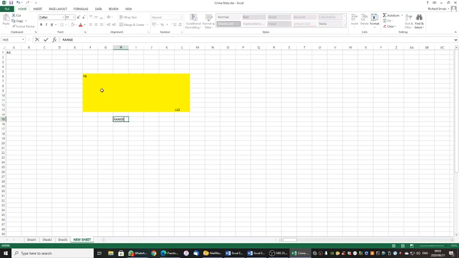And how we would specify this range, or this area of cells, is we would choose F6 to L13,